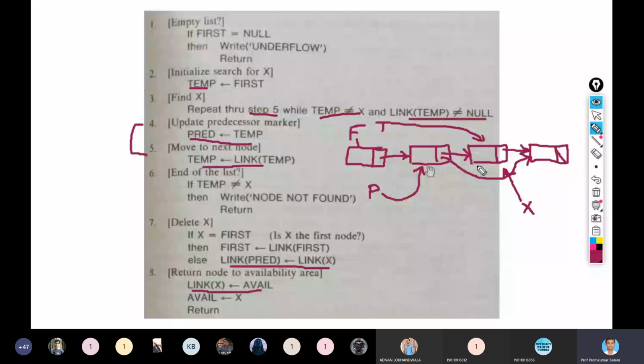Suppose this is my availability stack, and it has the nodes available in it, and they are pointing to each other, and the avail pointer is pointing to the first node in the availability stack. So now here you have to update link of x is equal to avail. This link of x right now is pointing to this node.